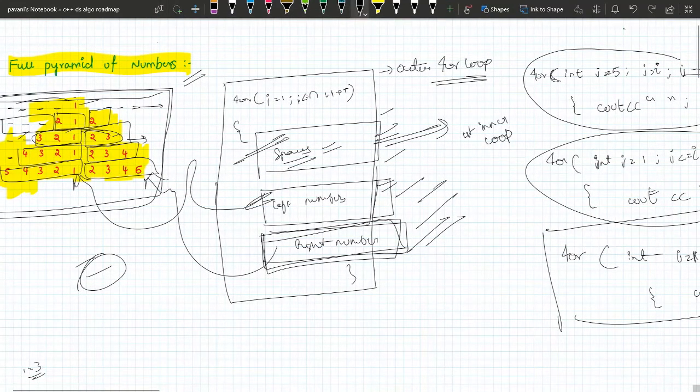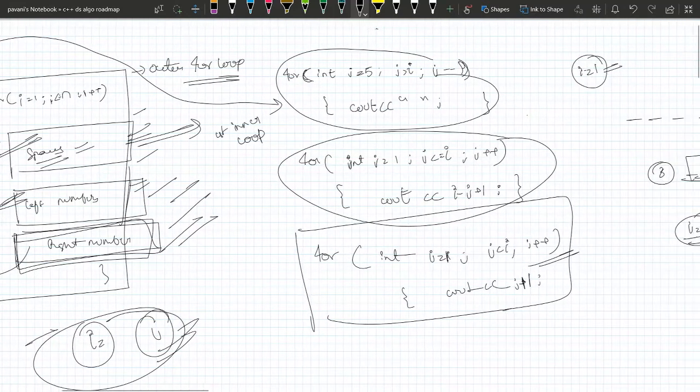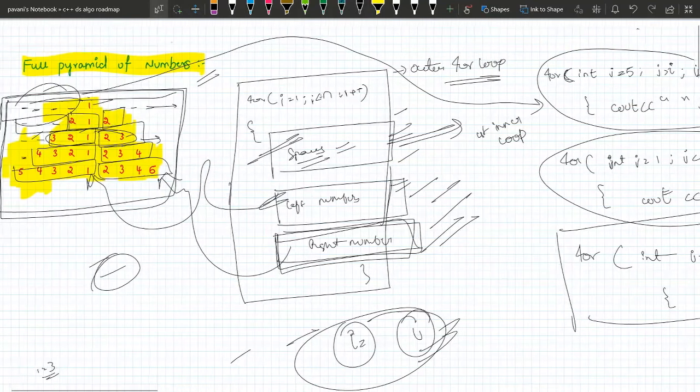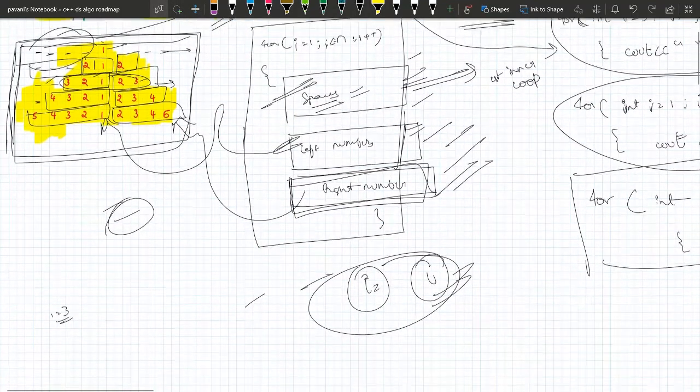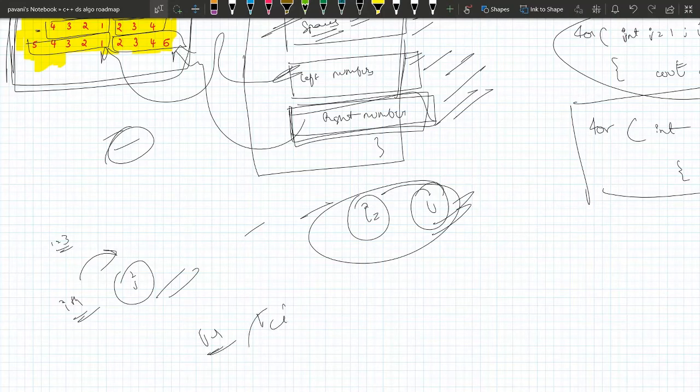I've told you that for initializing and writing a condition, you have to think: for a value of i, how many j iterations are possible. By thinking in that way, I've written the space logic over here. And for the number logic, it's the same. For the ith iteration, you have to see how many j iterations are possible. Then you initialize j equal to 1, j less than i, or something similar. It should match the number of iterations. Okay, check on that and you'll get it.